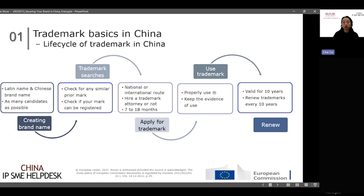Generally, it will take 7 to 18 months to register your trademark. And when your trademark is registered, remember you can use our logo on your trademark. But when you use it, make sure that trademark is the one you registered. In terms of fonts, color is not that strict here, but the fonts have to match the trademark you registered, especially